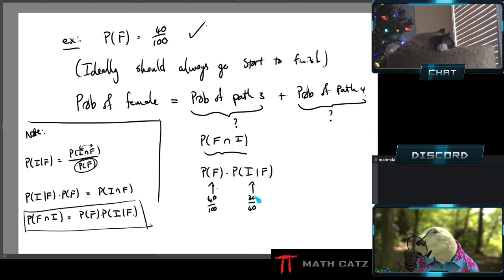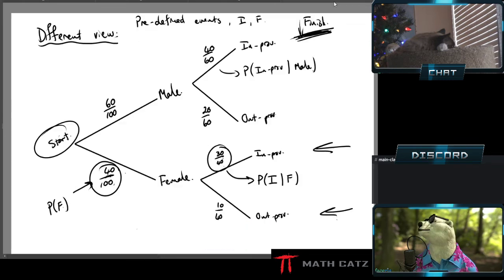Now it simplifies in this case because it's a simple question to begin with. And I multiply them. So to find the probability of a path, I multiply along the path if I've set up the tree correctly in this way. If the probabilities later on in the tree are conditional probabilities, then to find the probability of a full path from start to finish, I multiply these probabilities. I multiply along the path. That can work if the tree is much, much bigger as well.